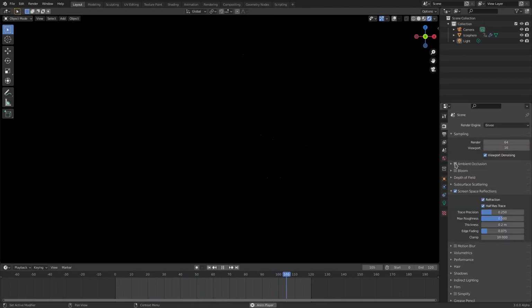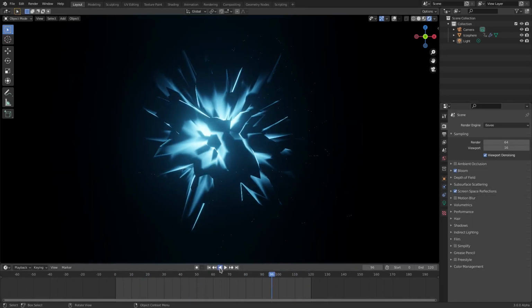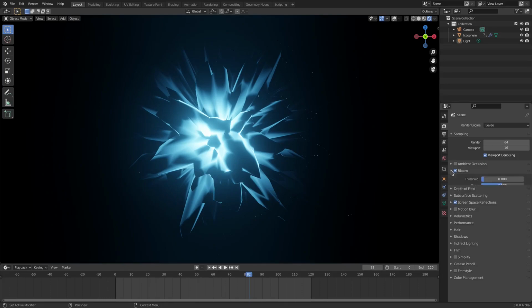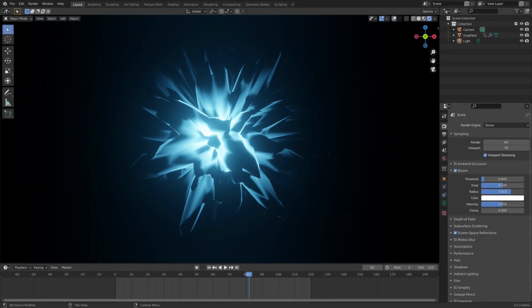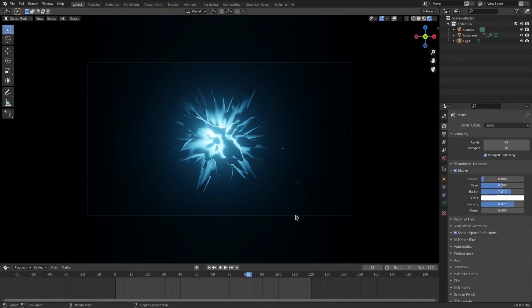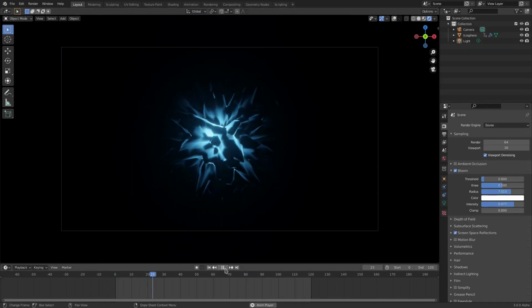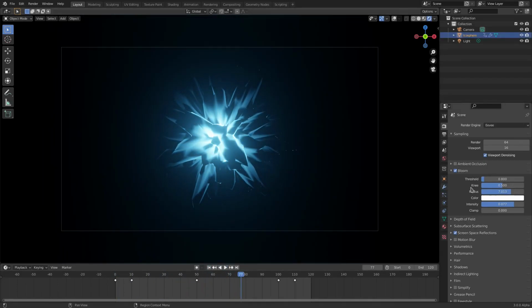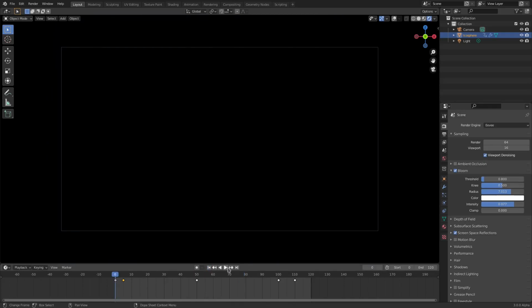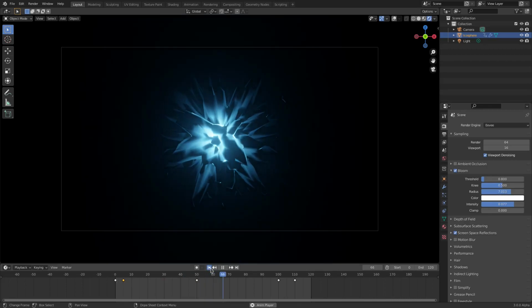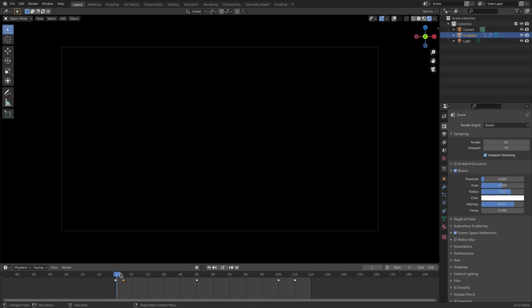So I'll go to the main tab, check bloom on. So we have a little bit of bloom. I want a little bit more bloom than that though. So we'll pause it on a good place right there. We'll turn the radius up a wee bit, turn the intensity up a little bit. And then we have that, which looks really cool. So it kind of comes out. I want this to be a little bit more violent. It's not violent enough. I want it to just slap me in the face when it comes out, you know? I want it to just boom, boom, you know? Also, we can scale it a bit.